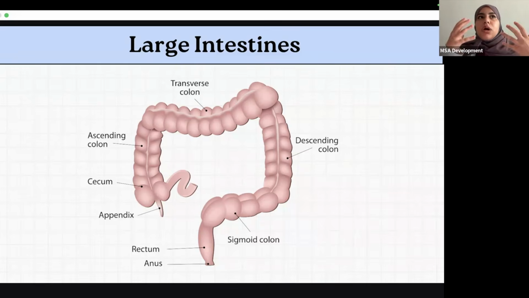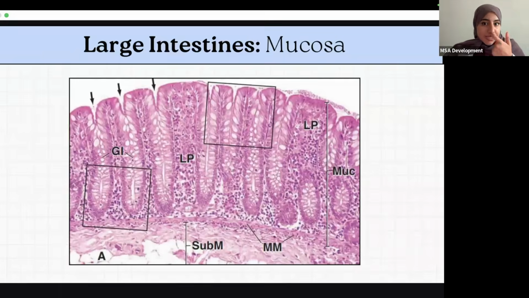It's also very heavily involved in lymphatics and immunity. So you're going to see a lot of gut-associated lymphoid tissue there because, as I said before, it ferments bacteria. It's a breeding ground for bacteria. It also produces a lot of mucus, because you're trying to make solid stool, and to let it go down nice and smooth, you have to produce a lot of mucus. Anyways, the large intestine is a little bit different to the small intestine